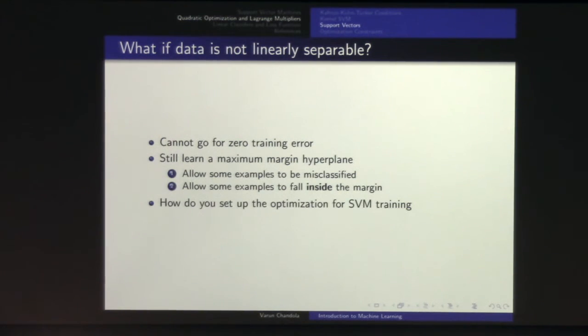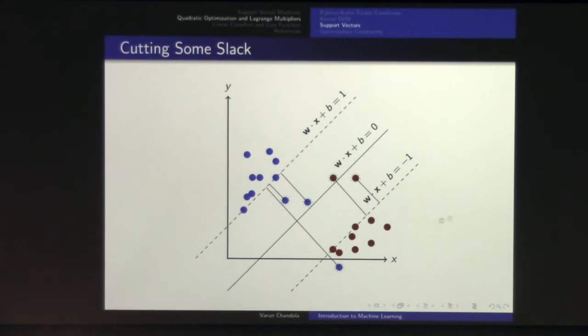Then comes the question, how do you now solve this optimization problem? So this kind of tracks what we had looked at in perceptron. Remember, in perceptron learning, if the data was linearly separable, then you had a very nice algorithm. There was no optimization there. But when the data was not linearly separable, then we introduced this notion of a loss, and then we came up with an algorithm that minimizes that loss. The same thing here. So the way you introduce this flexibility is by introducing this notion of slack. So slack means that it is okay for some point to be misclassified, to be inside. So the idea there,